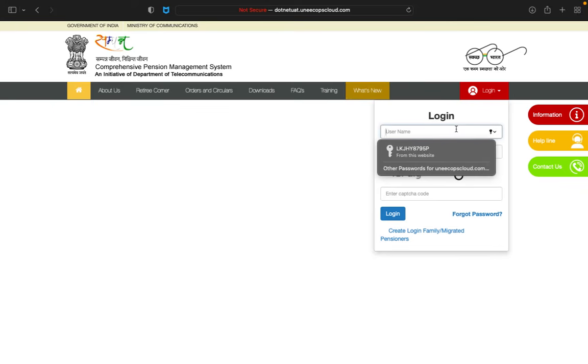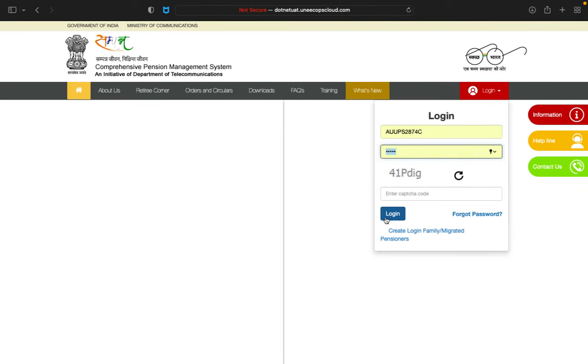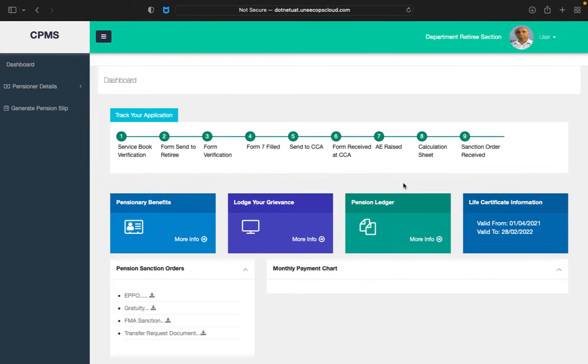For this, the pensioner will have to log into his/her dashboard using their login credentials. After login, the pensioner will have to raise a request for transfer of pension. Here, please note that the pensioner can also raise the request by sending a physical application to any of the